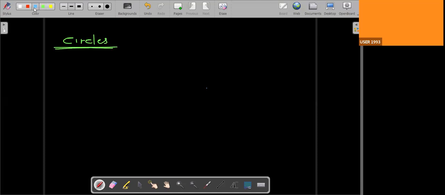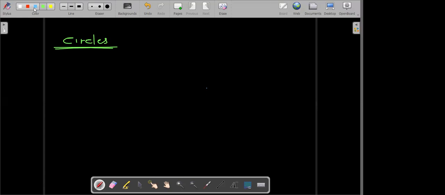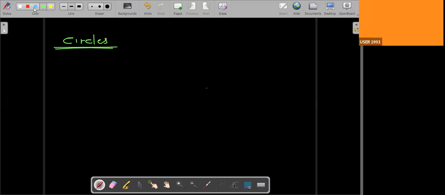Okay. There are different cases we have to talk about in circles. First of all, remember, if you want to find the straight line's equation, you should know the two coordinates on the straight line, or the gradient and a coordinate on the straight line. Two cases, right? But if you want to find the circle's equation,